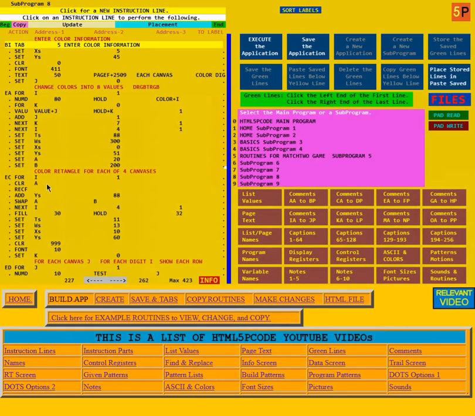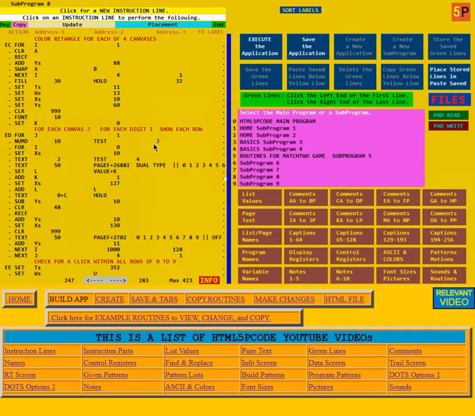Then it goes around and does the rectangle again. Then it changes the color again. Goes around again and changes the color again. It makes 4 rectangles. Starts out dark green, then dark red, dark green, dark red. I've skipped the instructions so we can get to the rest of the routine, where it first fills 30 at